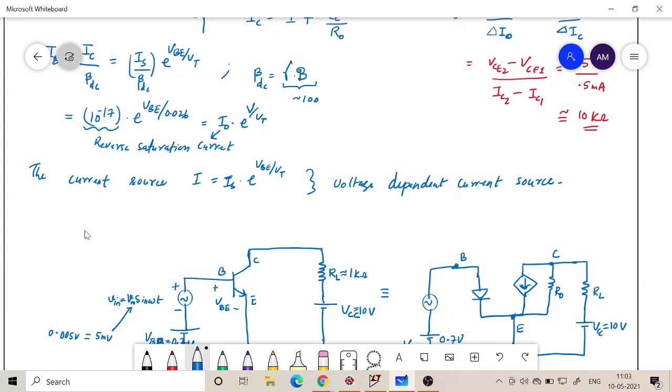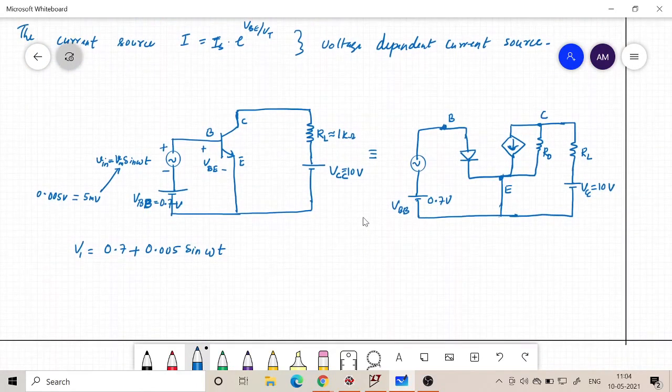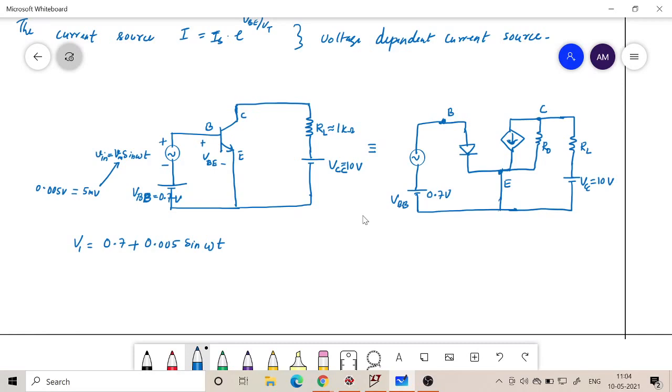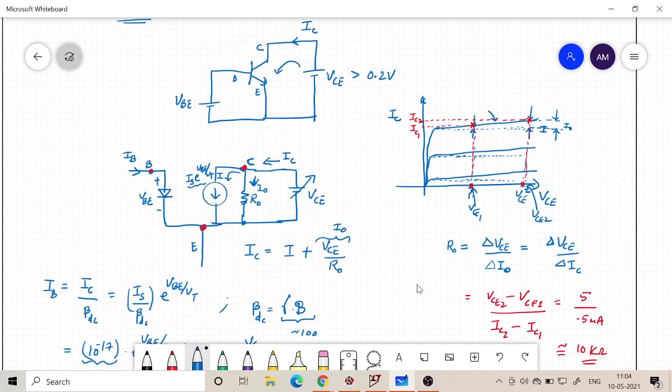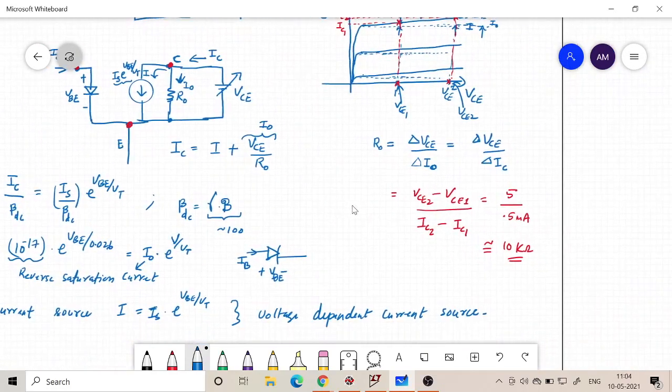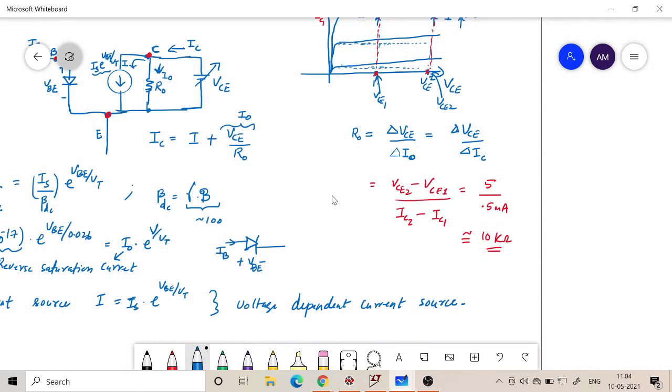Because it is the voltage across the diode, VB is basically the voltage across the diode. So this is V or VD, the voltage, and this is the current. If it is replaced, this will become IB and this becomes VBE. So that's what we said. It is replicating the characteristics. I did not draw again the transfer characteristics or the input characteristics. Earlier I only drew the transfer characteristics, but if I draw the input characteristics, how does it look?